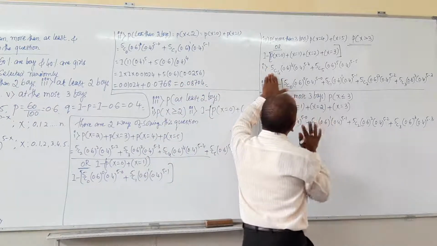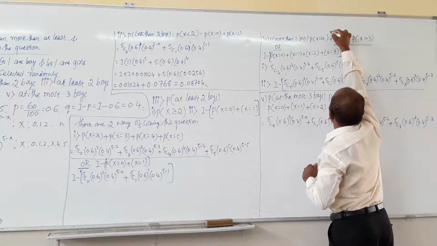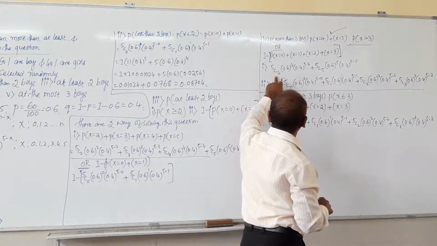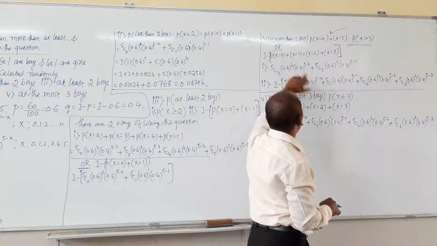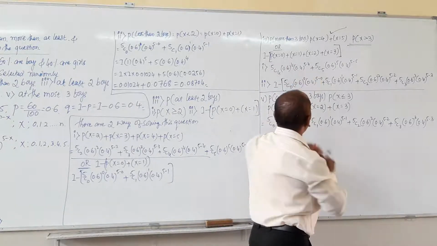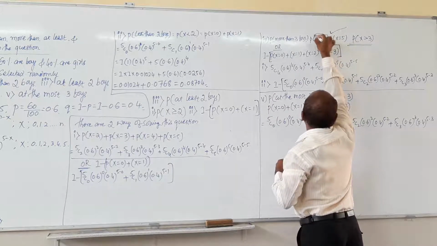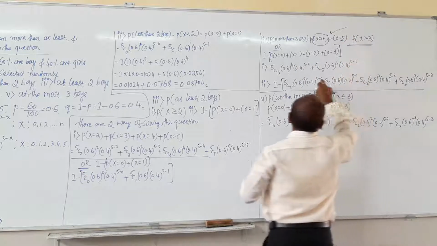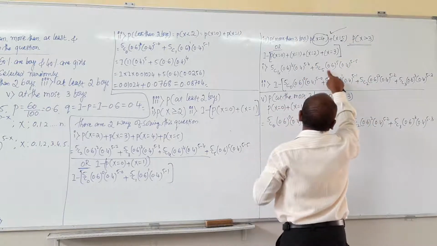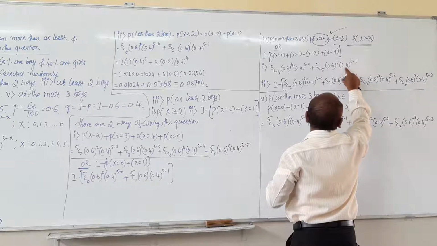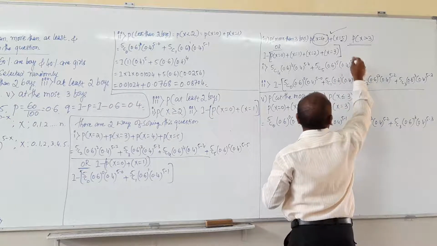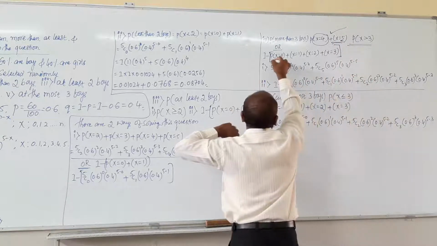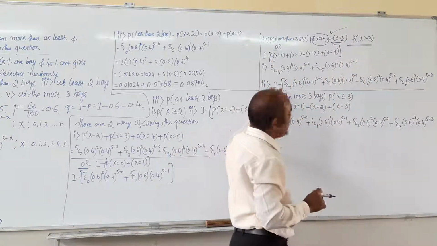First one is solving that question by the direct method. That is, first 5c4, 0.6 raised to 4, then 0.4 raised to 5 minus 4. Then we put in its value 4. Then next 5, so 5c5, 0.6 raised to 5, then 0.4 raised to 5 minus 5. Then this is over now. When we apply this concept, 1 minus, then this is the solution for that.